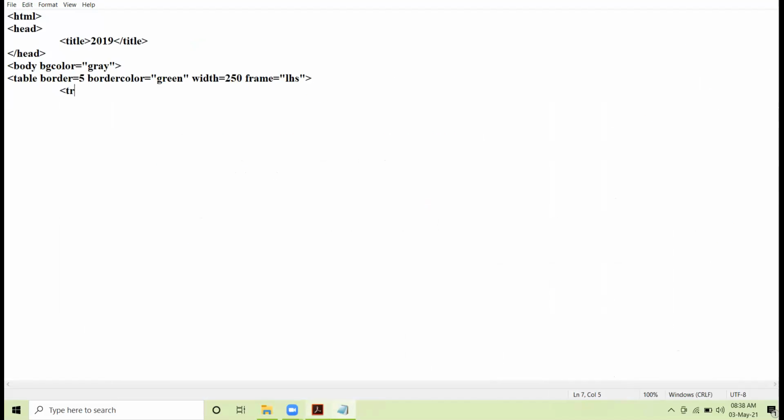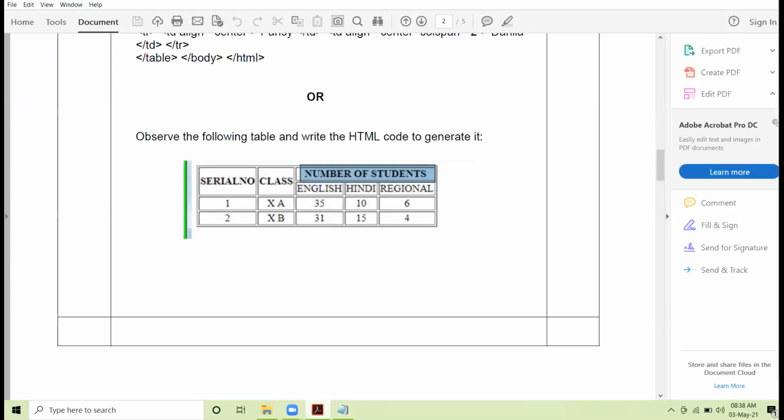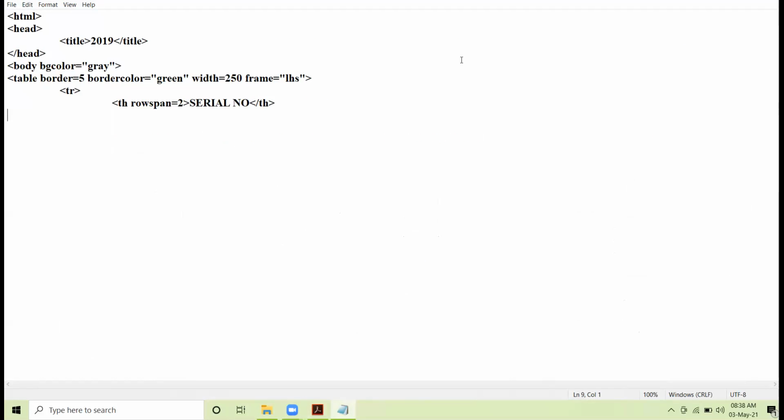So I start with the header row. The first cell of header row is spanning across two cells. So I'm giving the name serial number. Okay. Then we have class. Again, row span equal to 2, class.